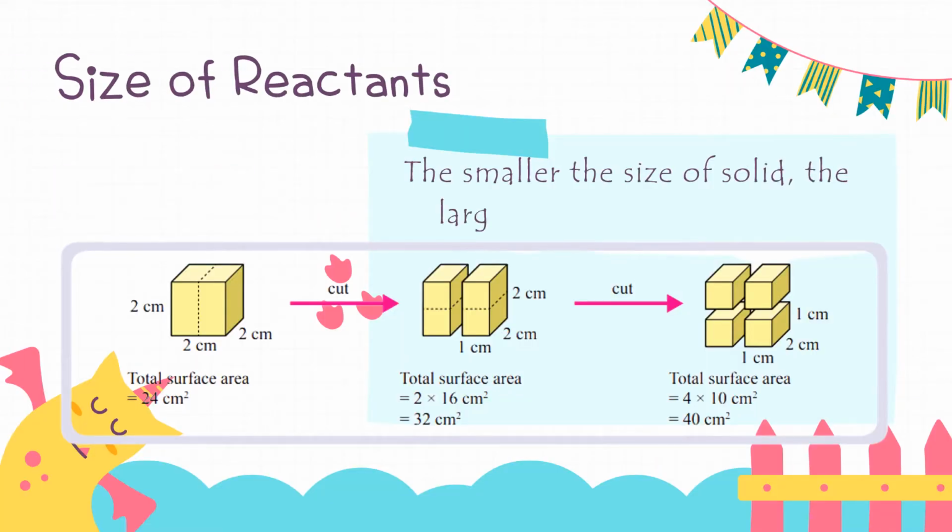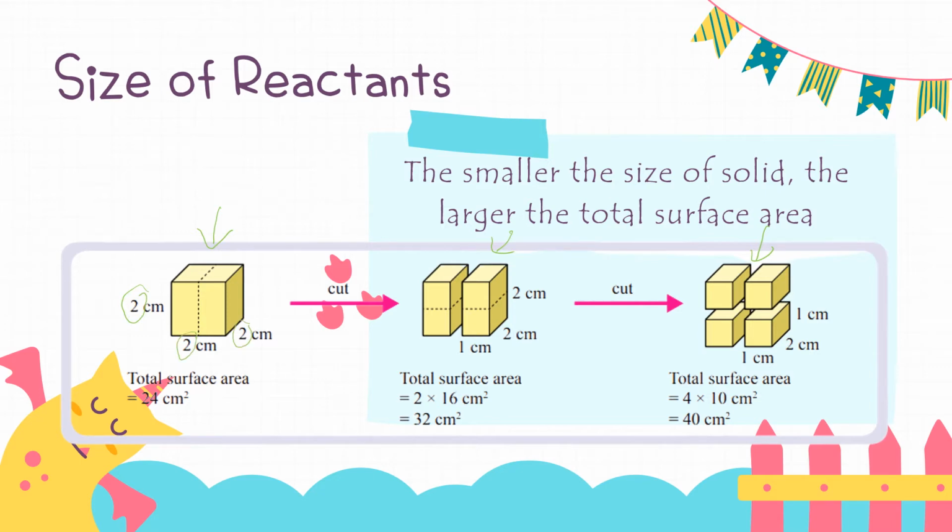Okay, for size of reactant, the smaller the size of solid reactant, the larger the total surface area. Okay, if we compare these three solid reactants with fixed mass, let's say the mass is equal, the total surface area is different for different size of reactant. For example, this one with the bigger size, 2 centimeter,